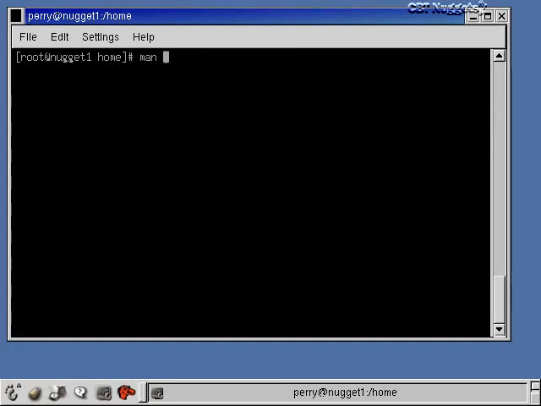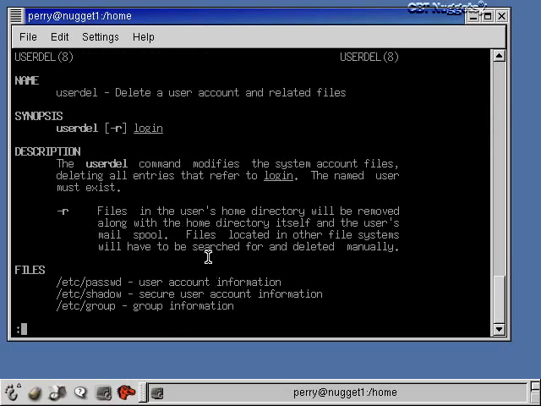Okay, let's look at userdel now. We'll look at the man page for userdel, and you'll see there's only one option for userdel, the -r option. What the -r option does when you delete a user is, along with deleting the user, it deletes all the files in the user